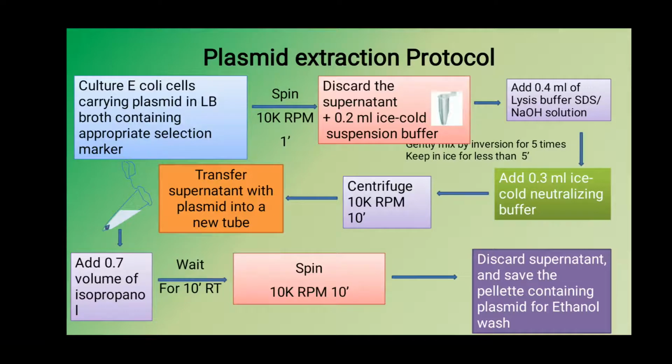After centrifugation, the supernatant is transferred to another vial, and ice cold isopropanol is added up to 0.7 volume of the supernatant. This mixture is mixed by inversion 4 to 5 times and kept at room temperature for 10 minutes so that the DNA molecules aggregate. Now it is centrifuged at 10,000 rpm for 10 minutes. During this time, the aggregated DNA, that means the plasmid DNA, is pelleted. The supernatant contains salt and some other chemicals. So now the pellet is our plasmid DNA of interest, and it is washed with alcohol to remove the excess salt and then subjected to further analysis.